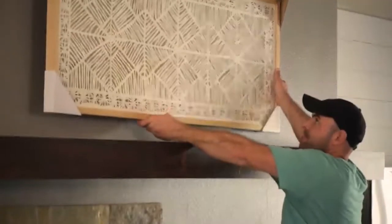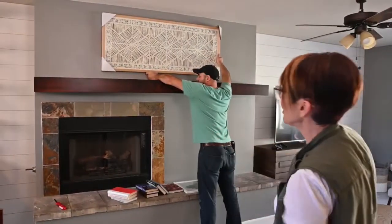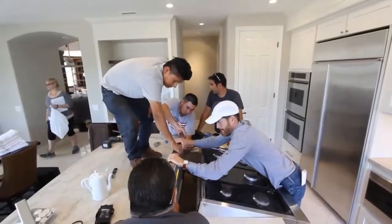But I would do it again. I like it being there because it's offsetting this super, it's a very odd fireplace. But I would do it all again. I think there's